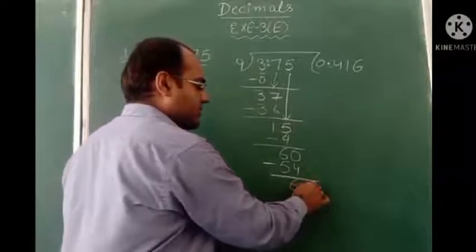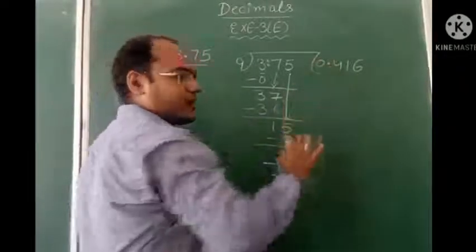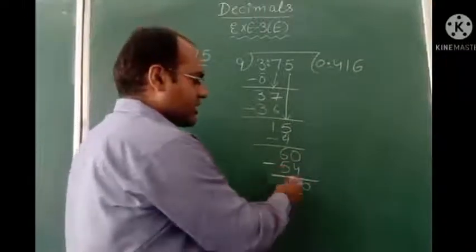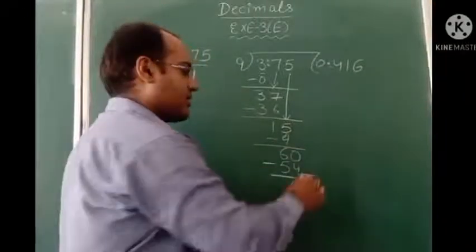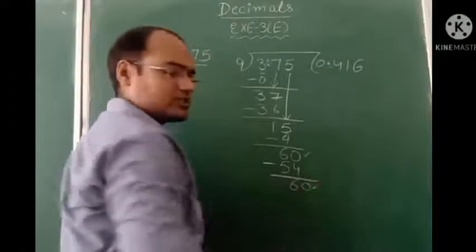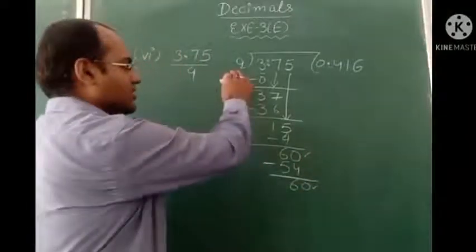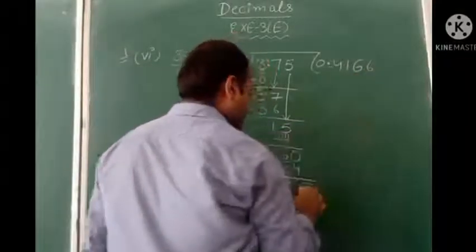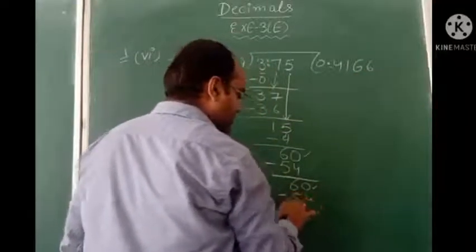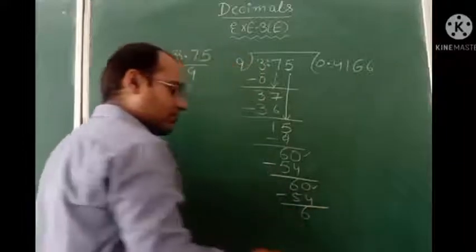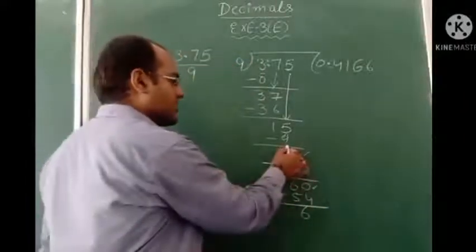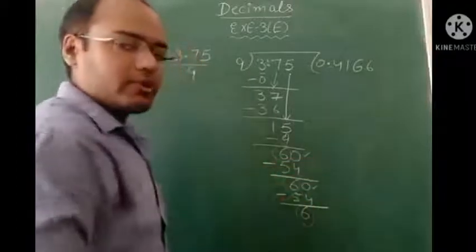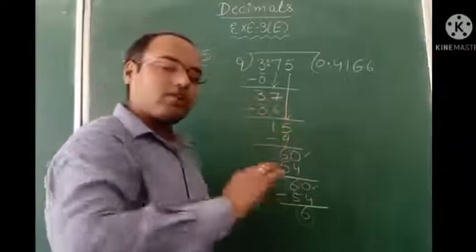So this 6 will become 60 because in the answer we had taken decimal already. Now we can add here 0. So this is 60. Earlier also in the previous step we are having 60. Now also we are having 60. Again when we will divide with the table of 9, answer will remain same. 9 6 ja 54. So here what you will observe, remainder is coming same again and again. Here also remainder was 6. Now again also we got same remainder. That means this division will not get over.